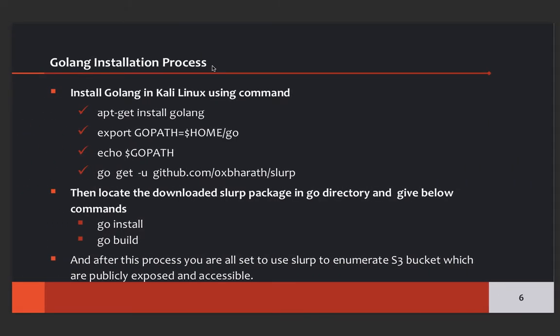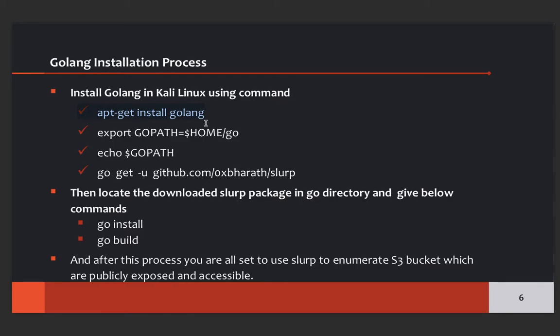Have a look at the commands required to install the Go language package. The first command is what we use to install the complete Go language on the machine that I'm using, Kali Linux.